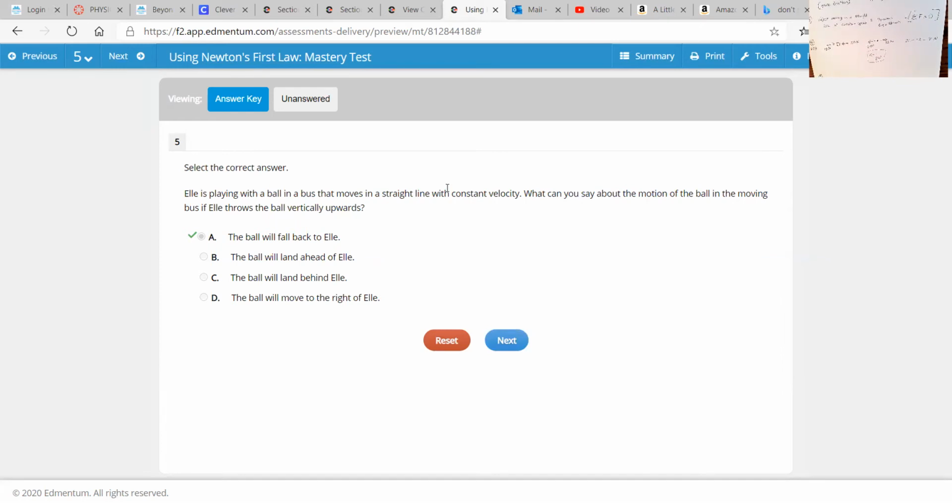That's your body wanting to stay doing whatever it's doing. Your body has inertia, the car has inertia, and there are competing inertias at play. So if L is in a bus,